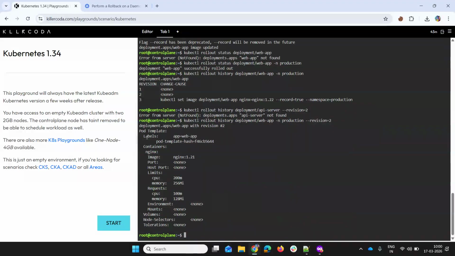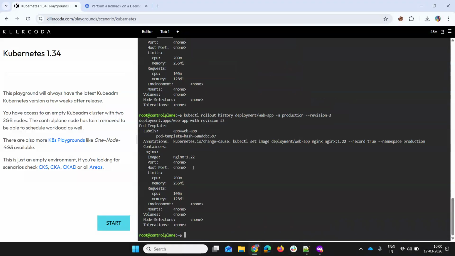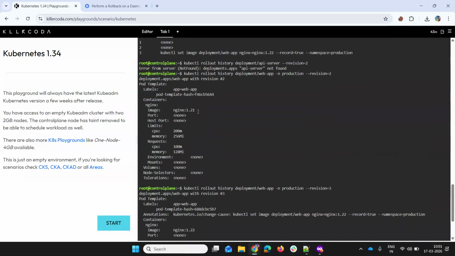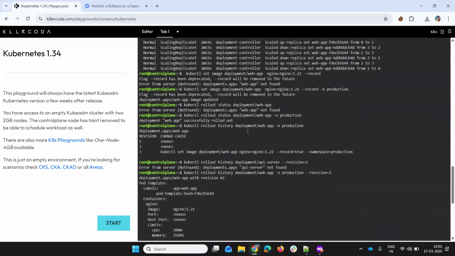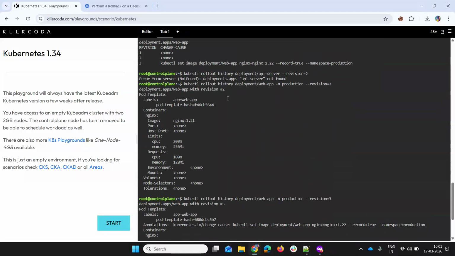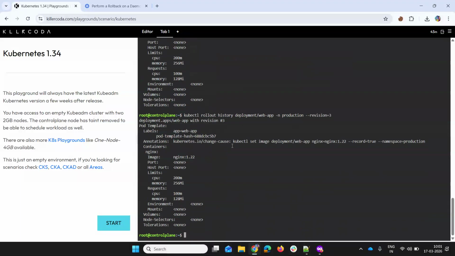So it just shows me the things we have. When I do revision number 3, it says at revision number 3 you have 1.22, at revision number 2 you have 1.21. So that way, if you want to undo it, you can just do a rollout,